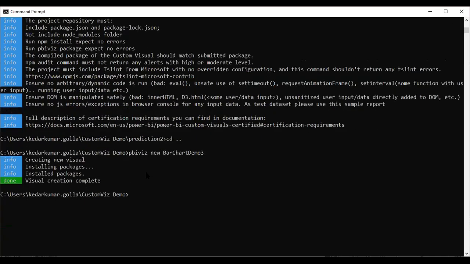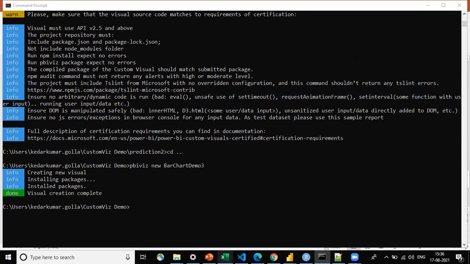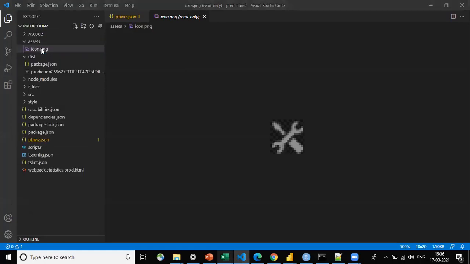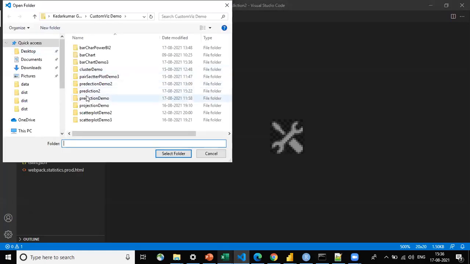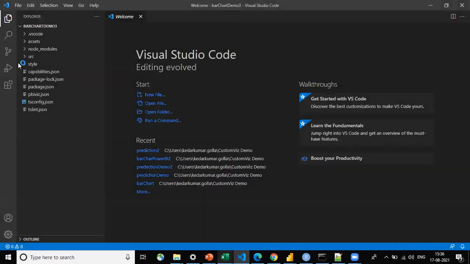Now it is done. Similar to how we did previously, we just need to go to Visual Studio Code and import that folder here. Now you don't see any .r scripts, R-based scripts here.